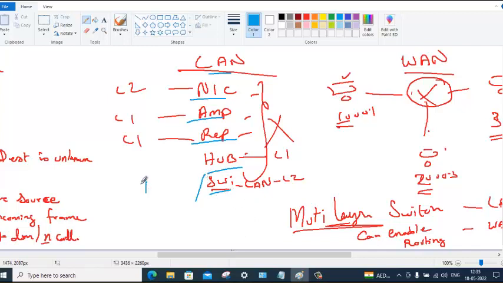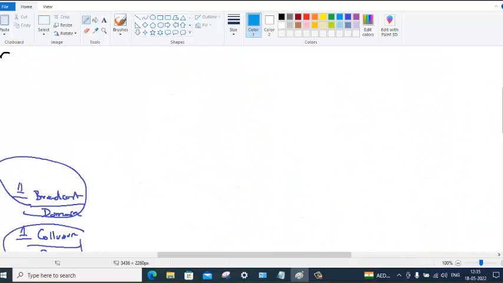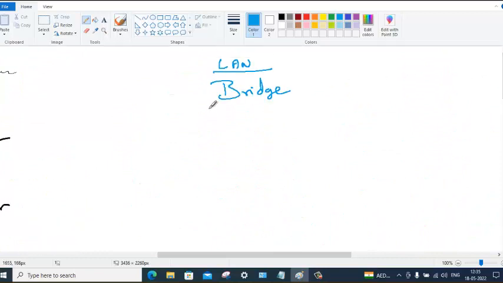This is how the question will be asked: what is the difference between bridge and a switch? Both learn MAC address, both build the MAC table, both are layer 2 devices. Those are all similarities. They will not ask you similarity, they will ask you what is the difference.